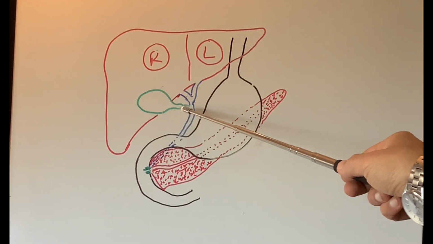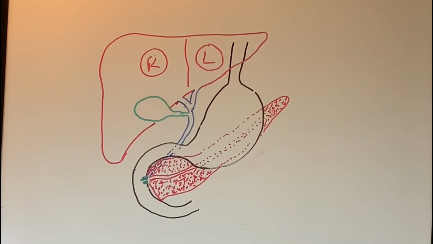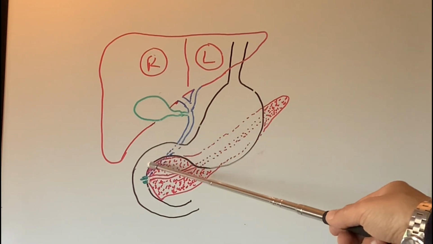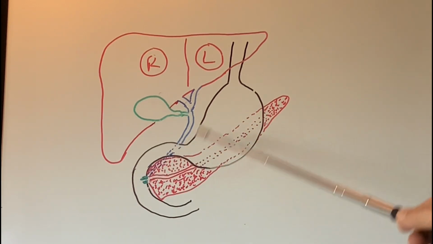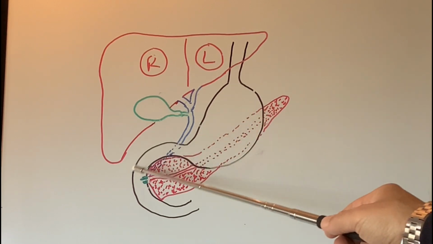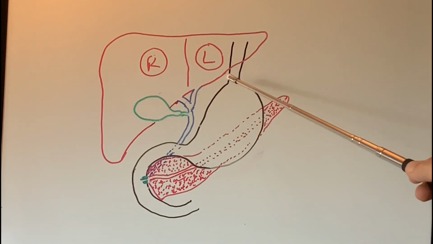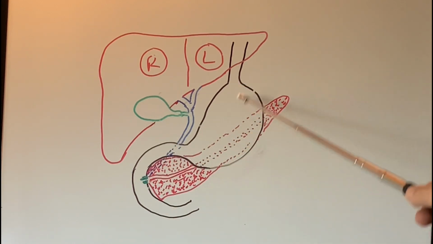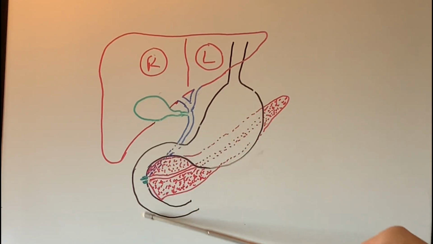But what does it do? So there are two stages in our normal day. A time when we don't have any food in the stomach or the small intestine, and a time immediately after our meals when we have food in our stomach and our small intestine. So there will be a few hours in a day when the stomach and intestine are empty, and a few hours in a day when there will be food in there.